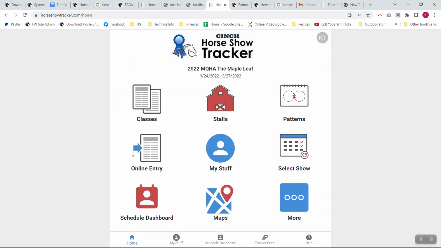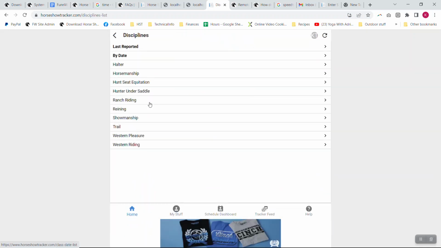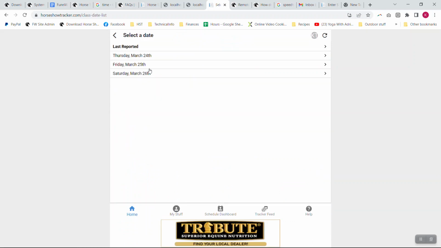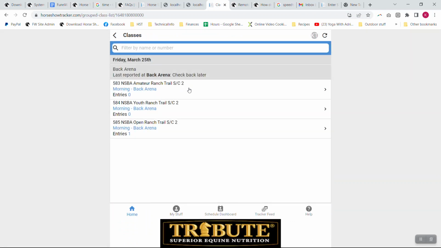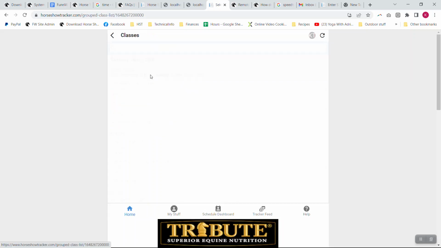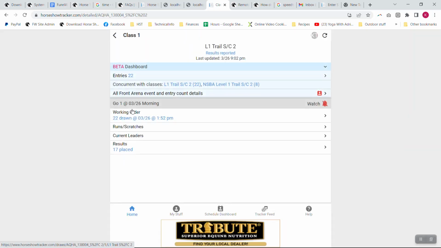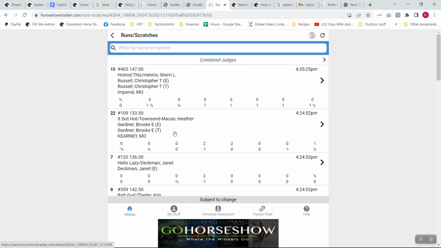The Maple Leaf. Thank you. And they did trail. So let's pull up one of them. No, it wasn't the ranch trail, it was a regular trail class. So as the runs and scratches are coming through, the maneuver by maneuver scores are being shown